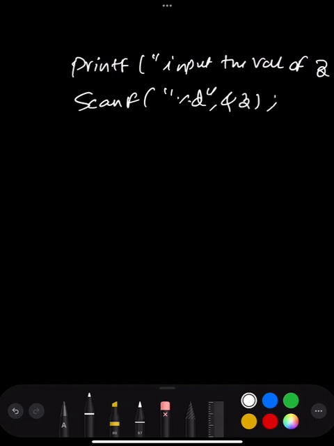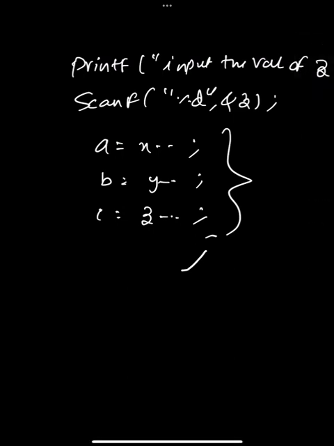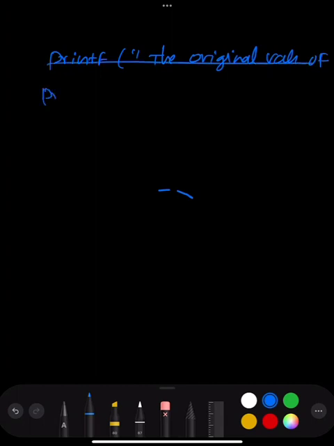Then I'm going to use the operator. A is equal to x minus minus, b is equal to y minus minus, c is equal to z minus minus. Okay, then I'm going to print the values. I'll change the color of the pen to blue. Okay, printf the original value of x, printf the updated value of